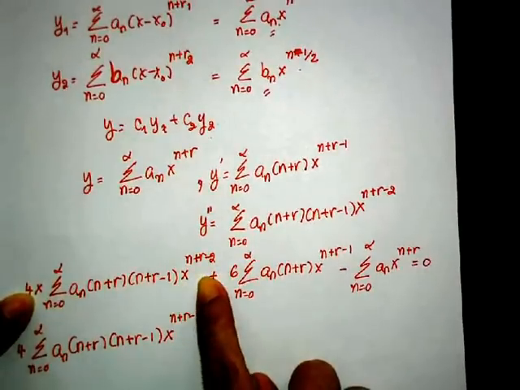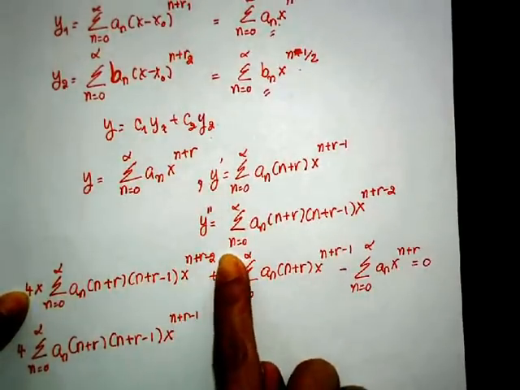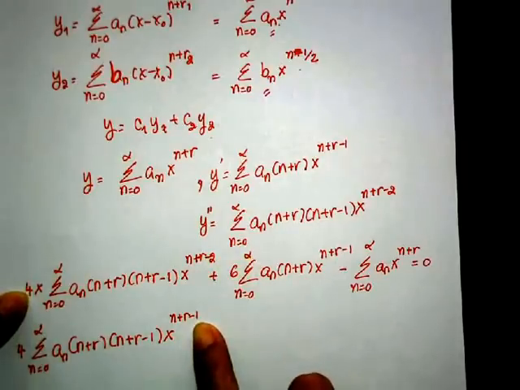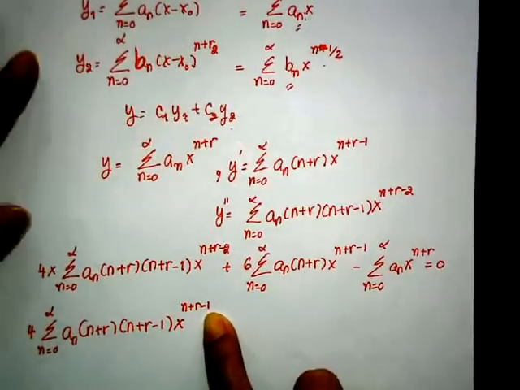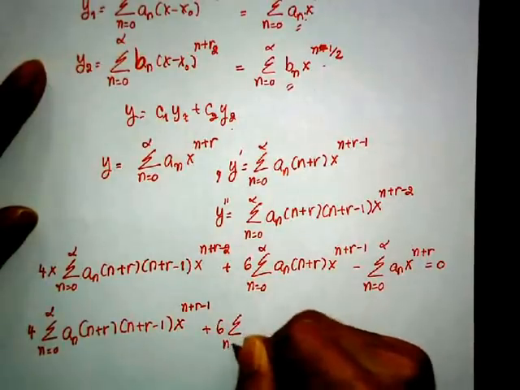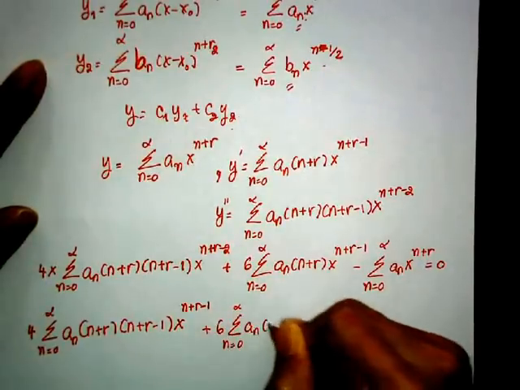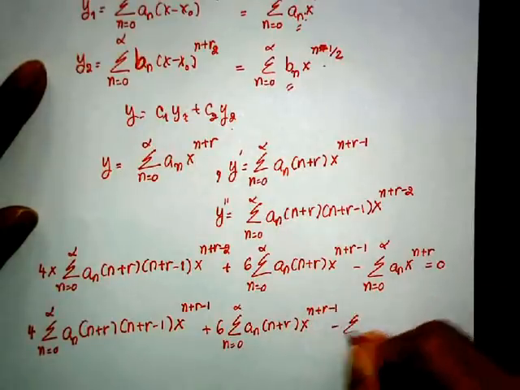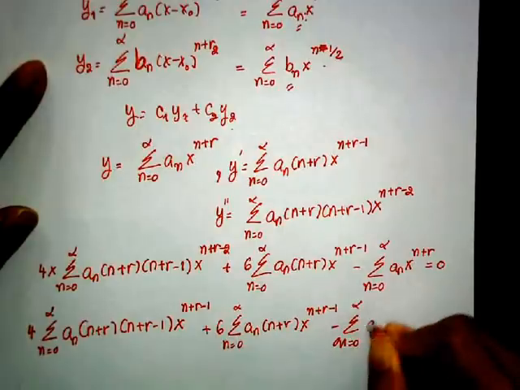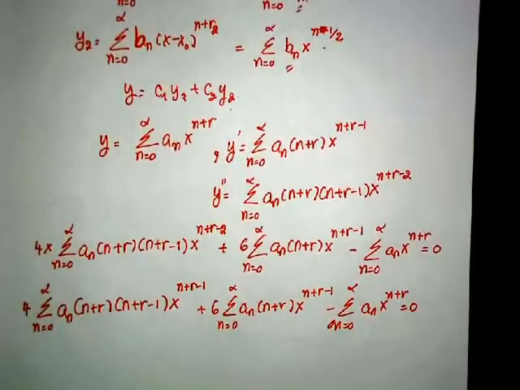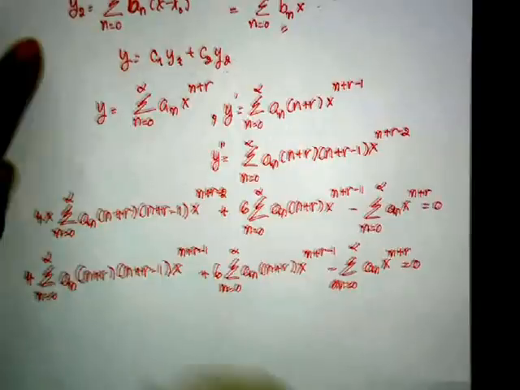So that means we have x to the power 1 here, plus n plus r minus 2, equals n plus r minus 1. We have three terms. Terms 1 and 2 are the same. So we just put them together. We will get